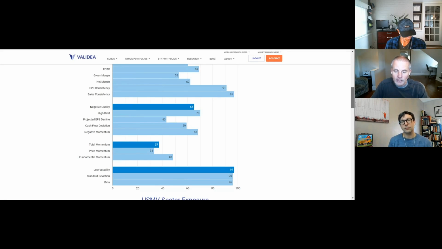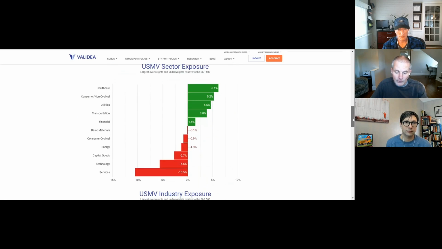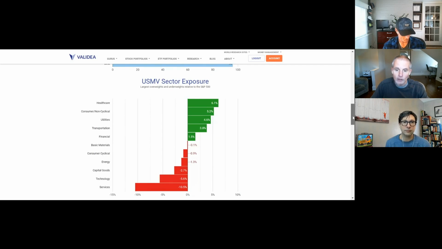The only other thing I'd mention is going down to that sector exposure. This gets at what Justin was talking about before. This is a good way to look at some of these. This one is pretty balanced. Based on our sector definitions at least, it's not that different from the market. There's not huge bets, and it's a pretty diversified ETF, so it shouldn't be. But this is where you would see what Justin was talking about before. If this thing was all utilities or something, you'd see a huge excess exposure relative to the market in utilities. So it's just a quick way to see if what I'm getting is fairly similar to the market in terms of sector exposure, or if it's really, really different.